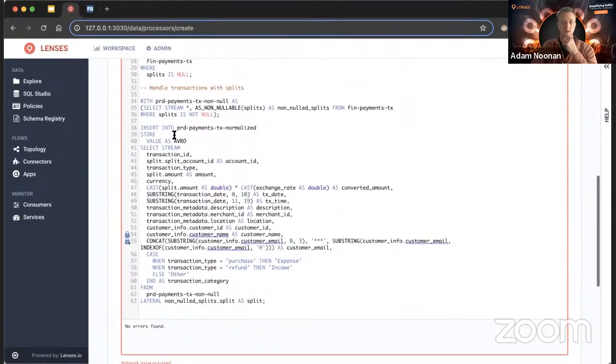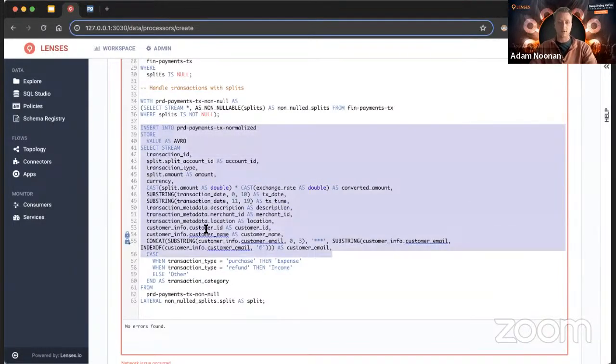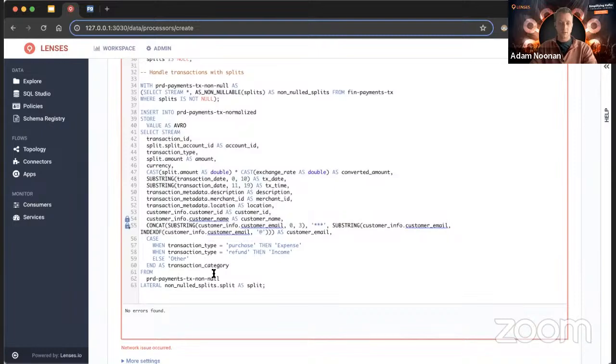Exact same transformations here, but now we need to account for the actual messages that have our nested array. Again, this is actually very easy to do. So here we're creating a temporary table, and we'll be pulling from that stream instead of the topic as is, so that we can account for where it is not null. And then again, this looks very familiar. It's identical, more or less. The only